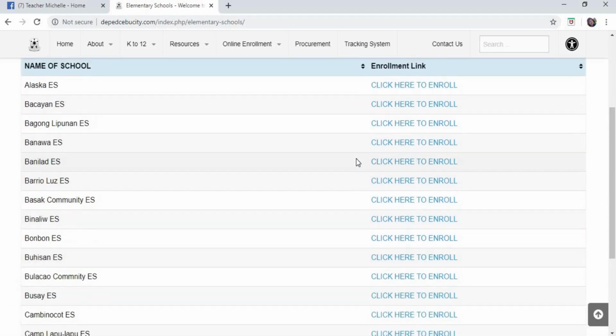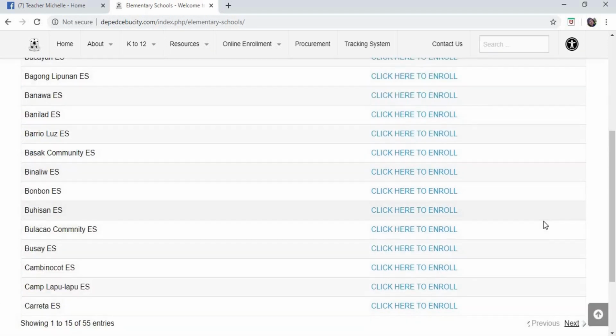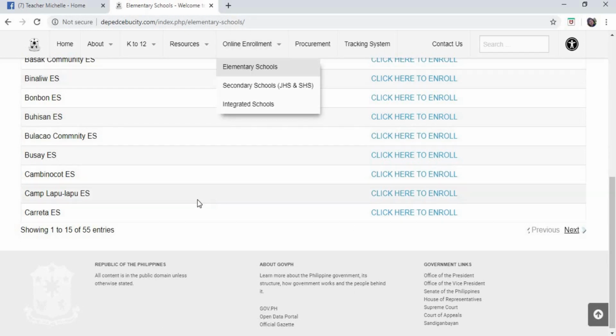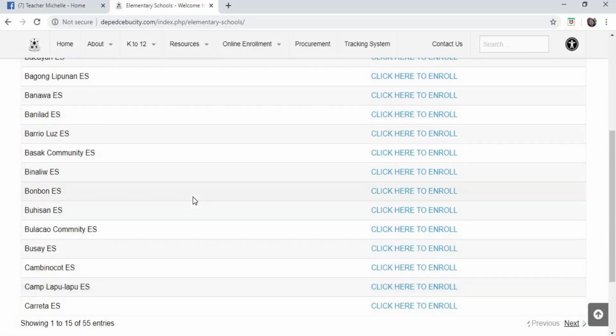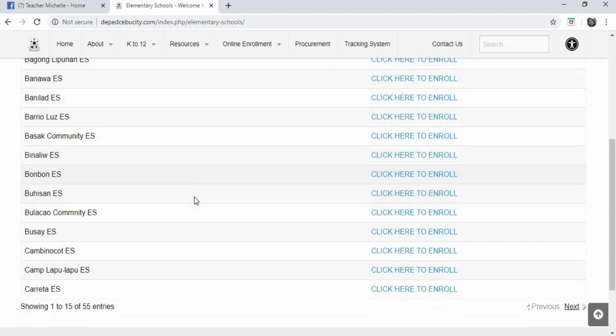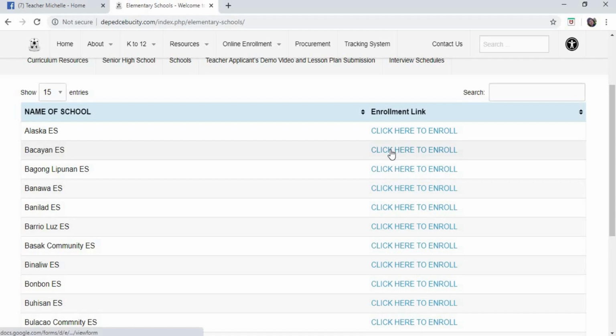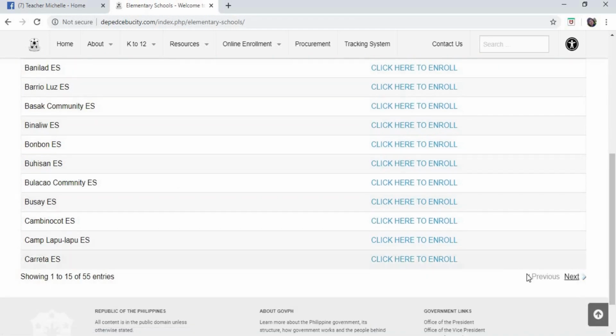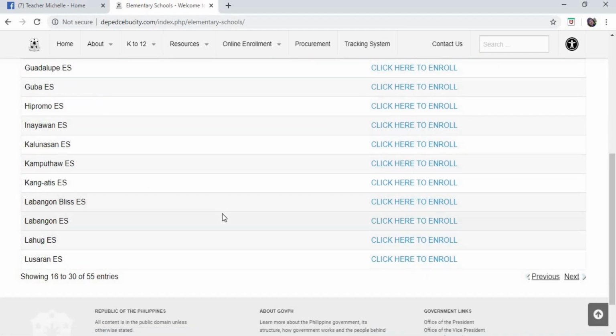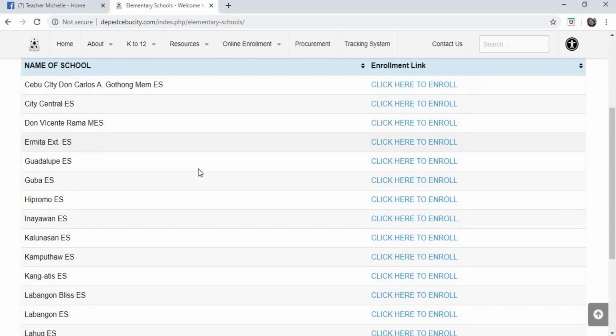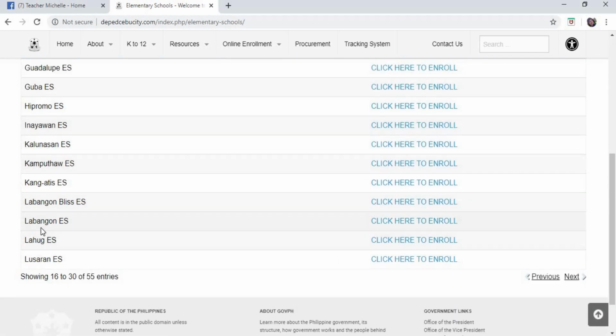In my case, I would like to set an example for our school, which is Labangon Elementary School. So basically, it's easy to find. Since this is all in alphabetical arrangement, so that's letter C. Let's try to go to the next page. All right. Now we're in letter L. Okay, so this is it. This is the school that I am in, Labangon ES. Okay, I'll just click